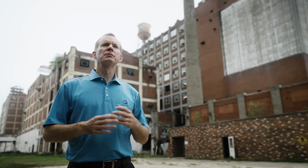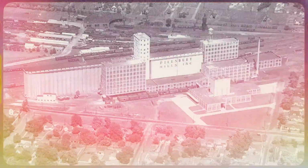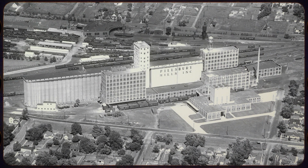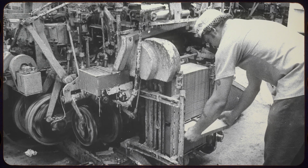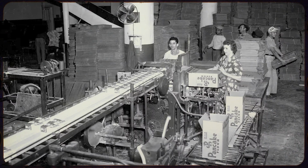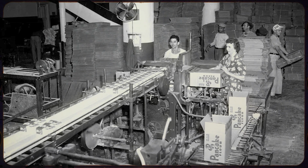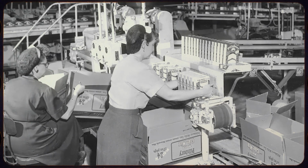We're at the former Pillsbury Mills here in Springfield at 1525 East Phillips Avenue. Pillsbury was constructed from 1920 to 1929 as, at the time, the largest flour mill in North America. And by the post-World War II era, we had almost 1,500 employees here working on not just flour milling, but packaged goods for Pillsbury. At some point in the late 60s, it started to contract just a little bit, till 1991